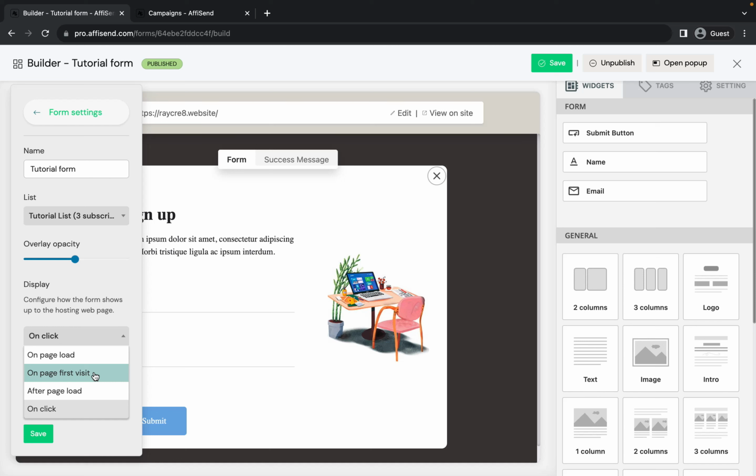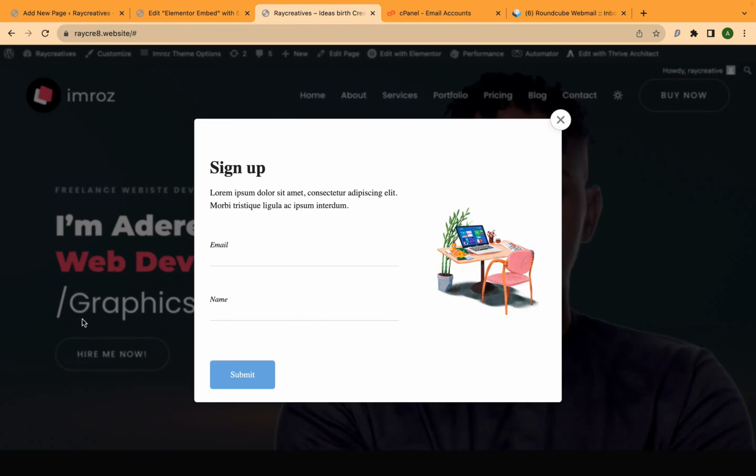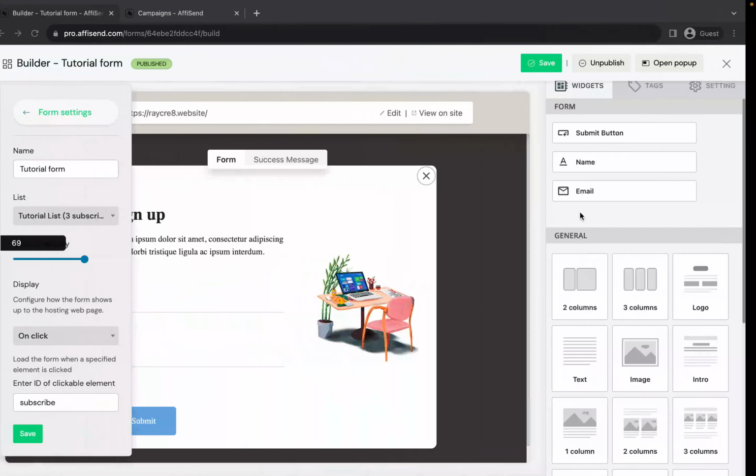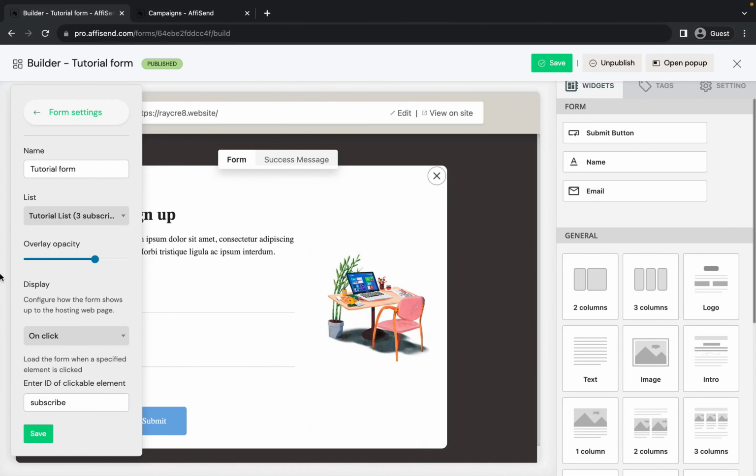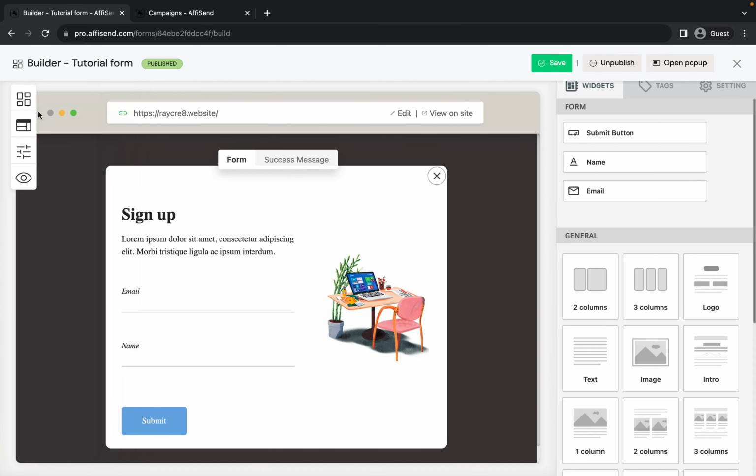And after that, that's all. You can change the overlay. That is, this is the overlay. So you want to set how dark it is,